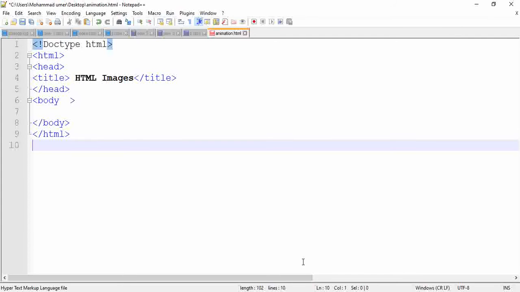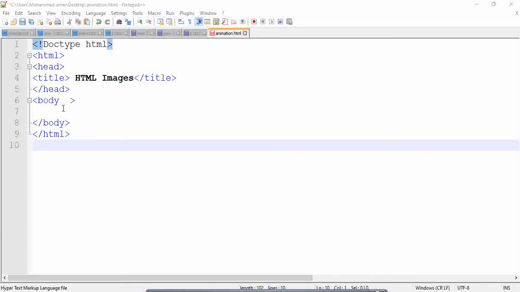Today we are going to discuss how we can set the background image. We can set the background image for every HTML element. For example, if you have a group of paragraphs or a group of headings on your web page, you can set the background image for every element. Now let's start today's topic and see how we can set the background image for the complete web page.